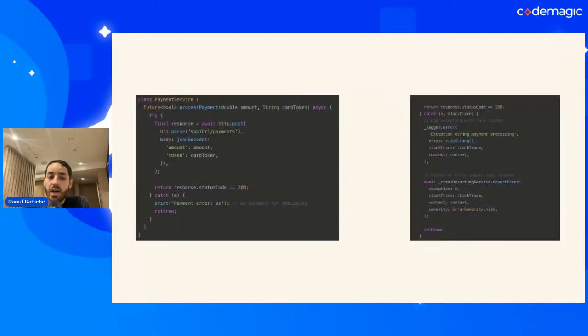Missing context, the way we add it, as I briefly mentioned, is through logging, for example, and through literally collecting or creating variables that are sometimes not related to this point exactly, but we have access to them. So you might ask, why am I adding a context variable? The context variable is going to hold information, for example, what was the amount and what was the card token. If I can bring them into my error report or my logs, it will help me